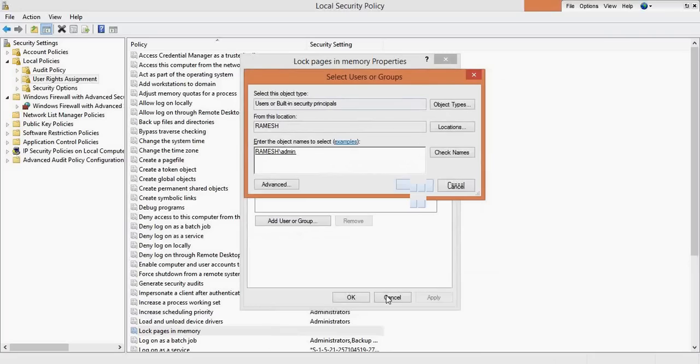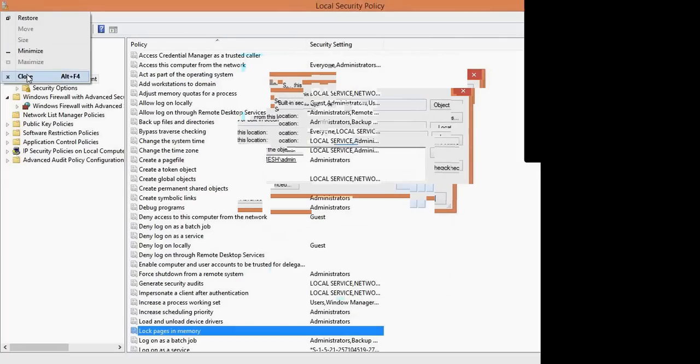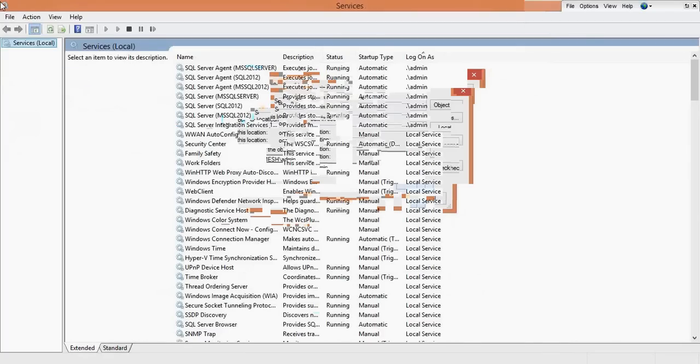Open local security policies, then in the security settings, go to local security policy. Inside it, go to user rights assignment, and then select lock pages in memory. Then add the user over there. This action requires a restart for best performance. I'm not doing it as of now.